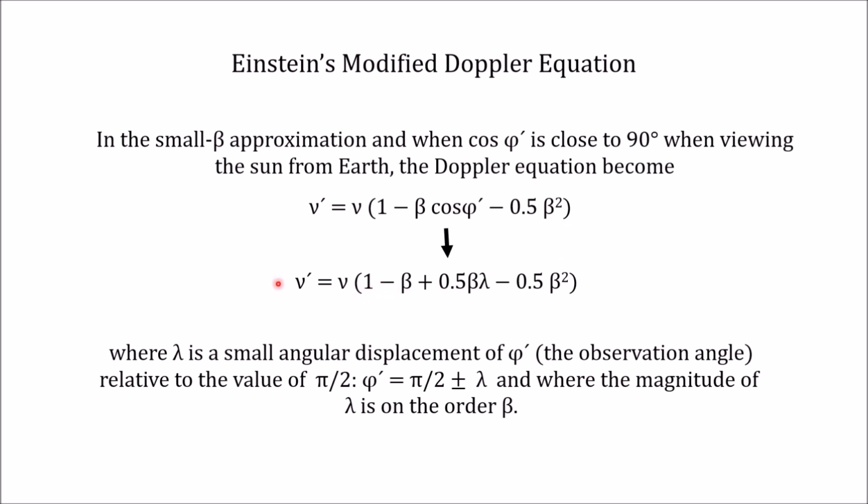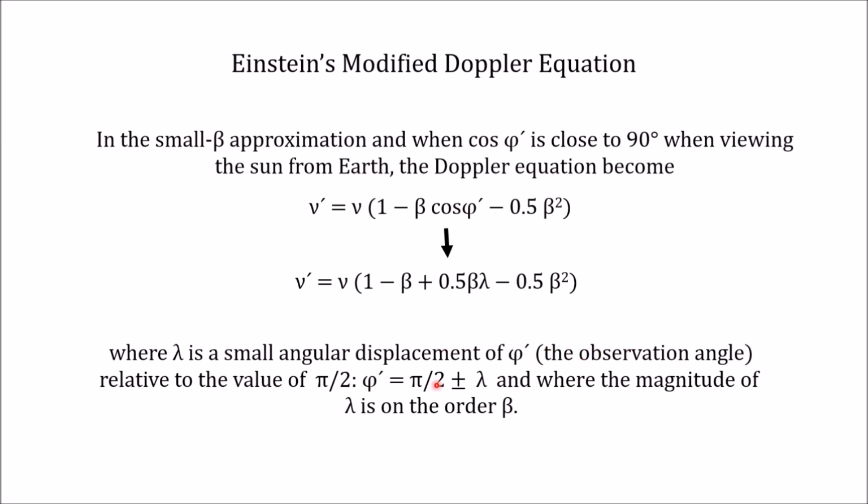However, we can modify this to get a more precise reading of exactly what the Doppler shift would be when looking at something like the sun. In the prior video, that's exactly what I posited and calculated. However, I didn't use the correct equation. And the reason for that is that when you recast those equations in phi prime in terms of a small angular displacement from the phi prime equals 90 degree